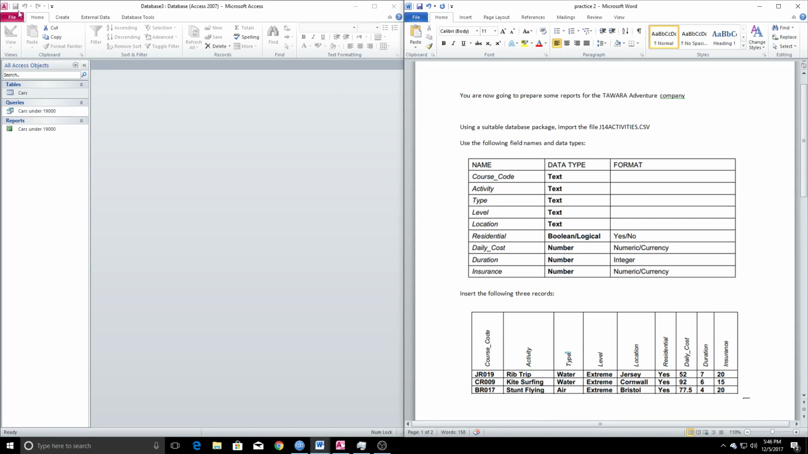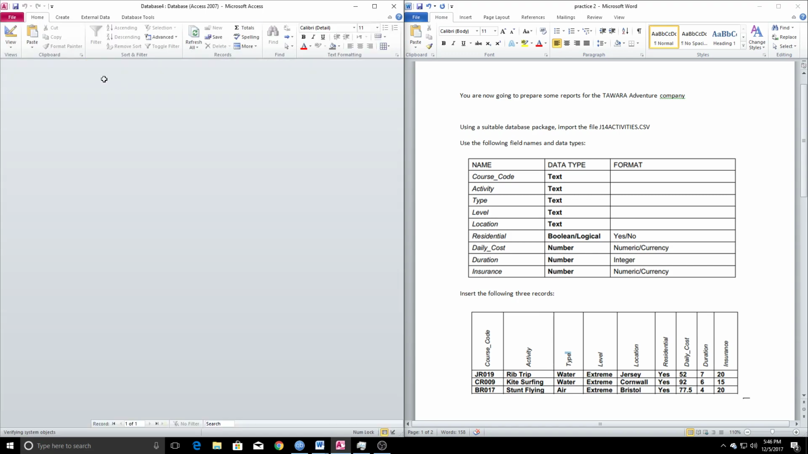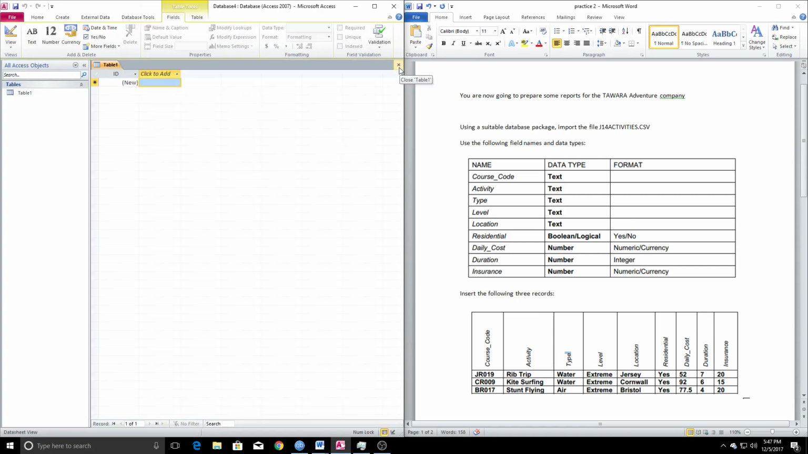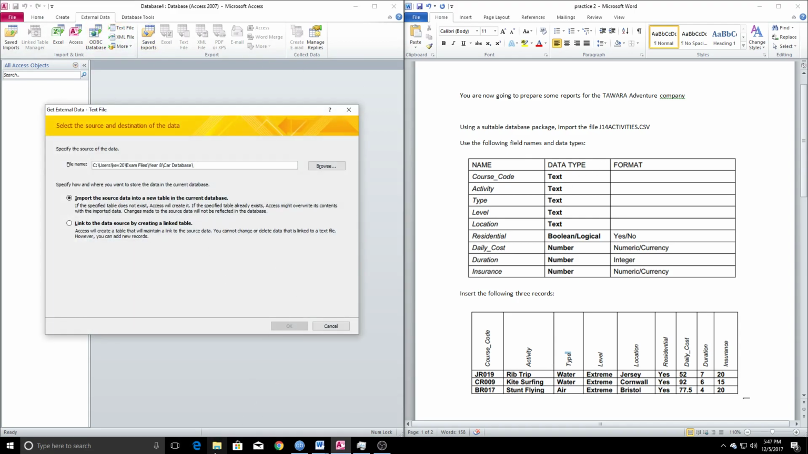So this time we're doing a database for an adventure company. So I've got my database from last time open. If I make a new blank one, as always, we kill the first table because it is horrible and it just takes up space. Right, so once again, we're importing from a text file because even though,